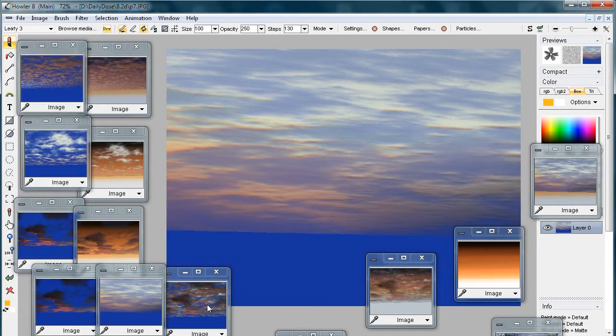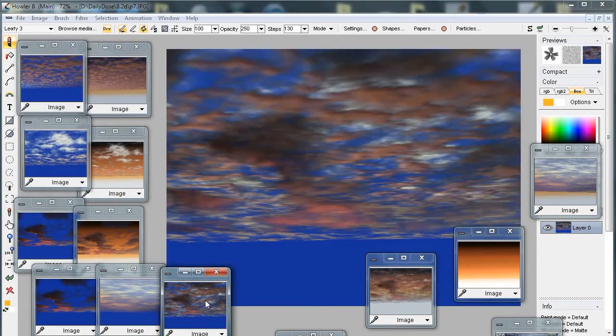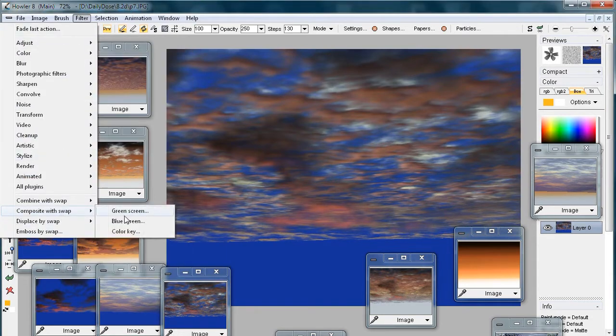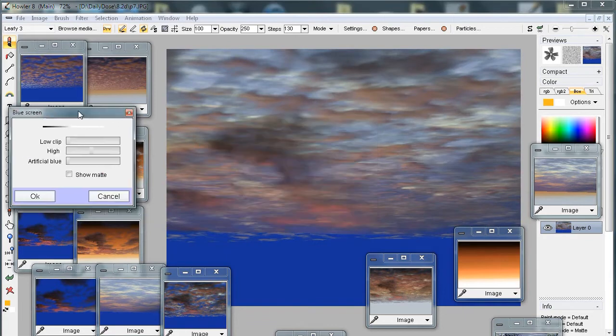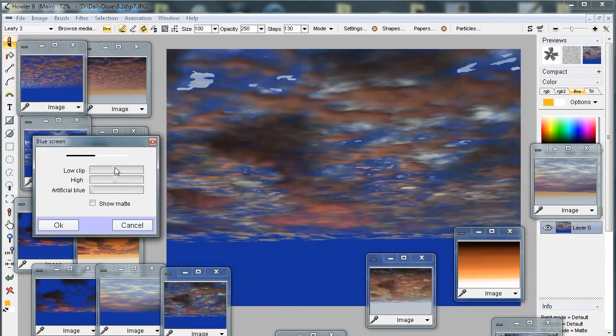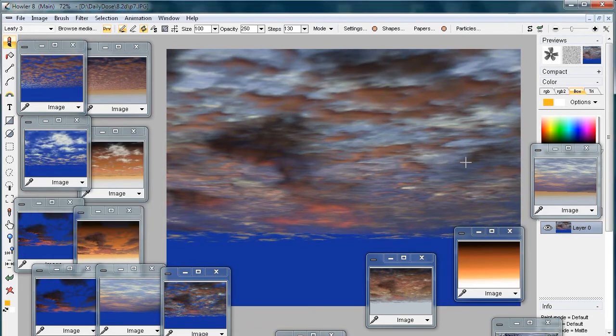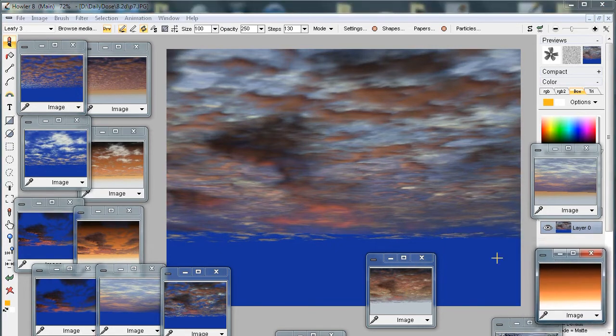There will be, again, Shift J, right? Put it in the swap buffer, then put this one here above it or on top, and simply go back to the composite with blue screen. And so now we have yet another combination of two different images. And you can see that you do this with 2 or 3 different images or gradients also, and in no time you'll have new types of clouds and just awesome background